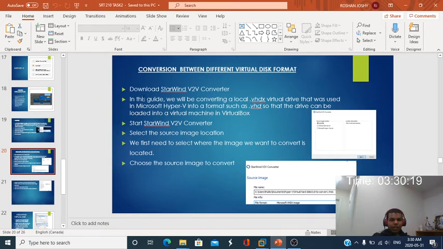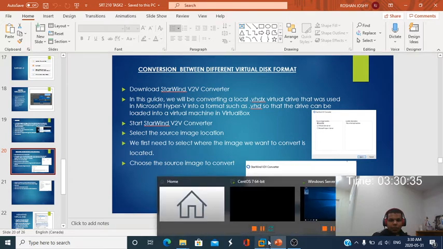In this guide we will be converting a local .vhdx virtual disk, a virtual drive that was used in Microsoft Hyper-V, into a format such as .vmdk so that the drive can be loaded into a virtual machine in VMware. For example,